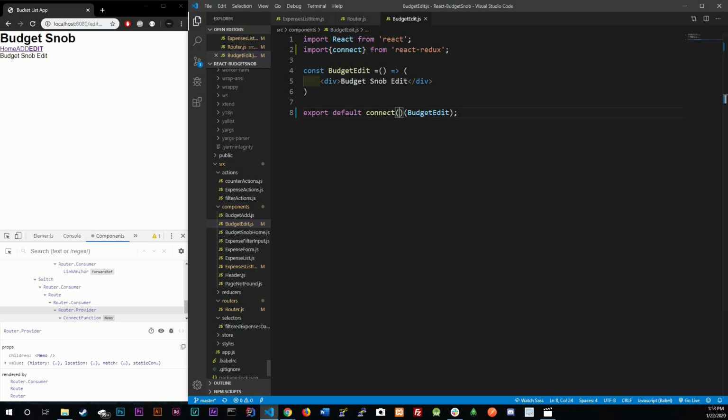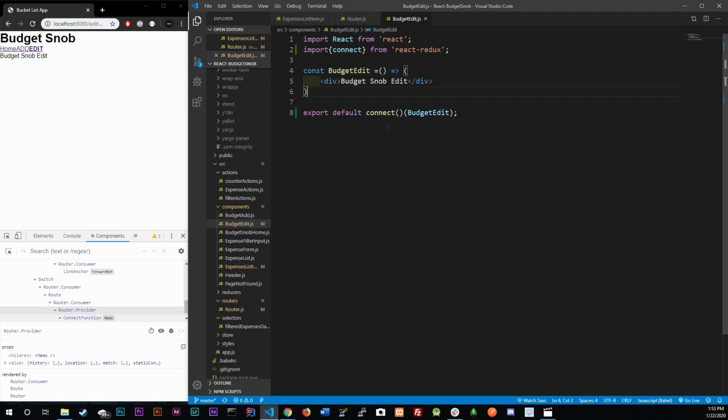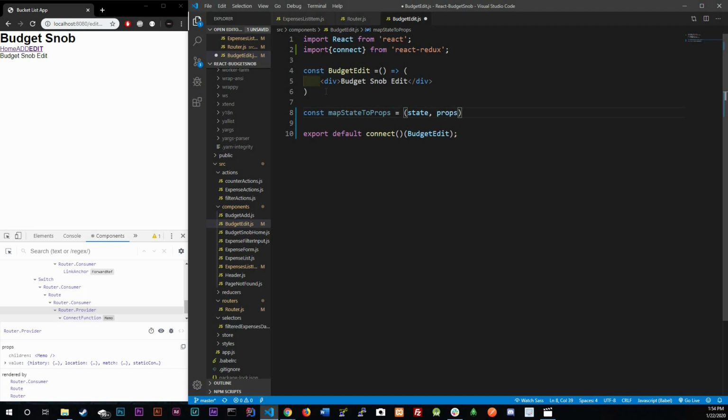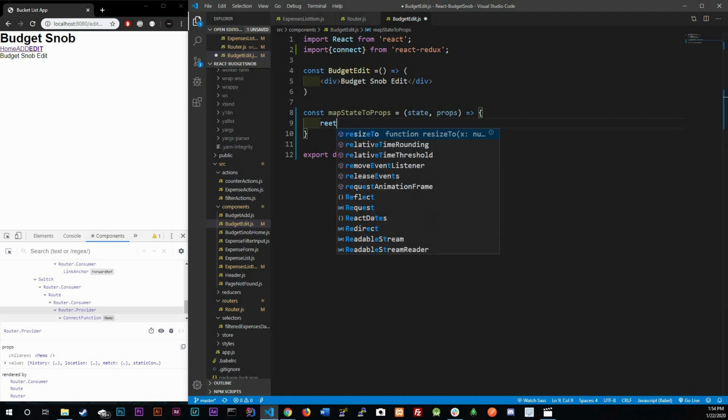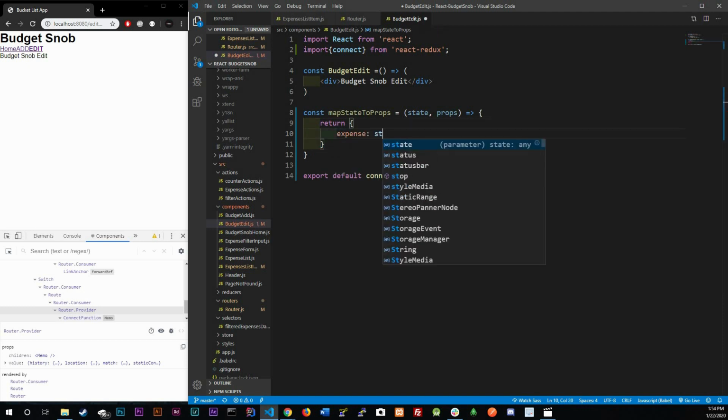We are going to need a state. We're actually going to need it. The reason why is because we're going to be grabbing an expense from our store, our one expense that has this ID from our store. So yeah, we're going to have to do it. So const mapStateToProps is going to equal, we're going to grab a state, and we're actually going to get props from it as well. Props. And we're going to return an expense,